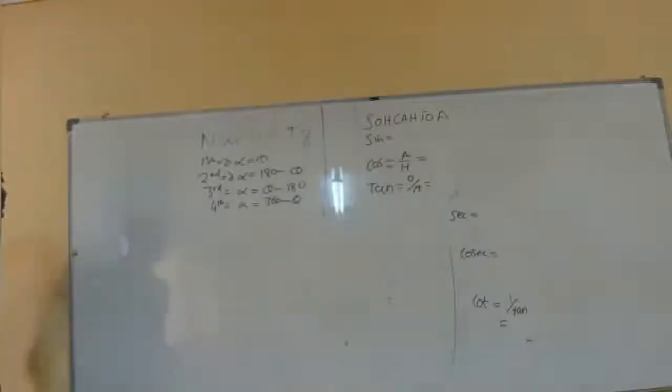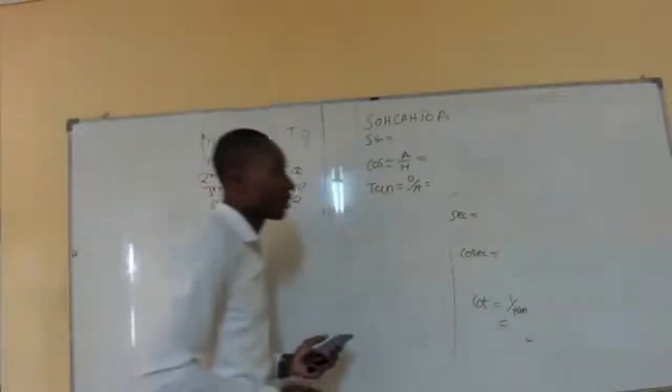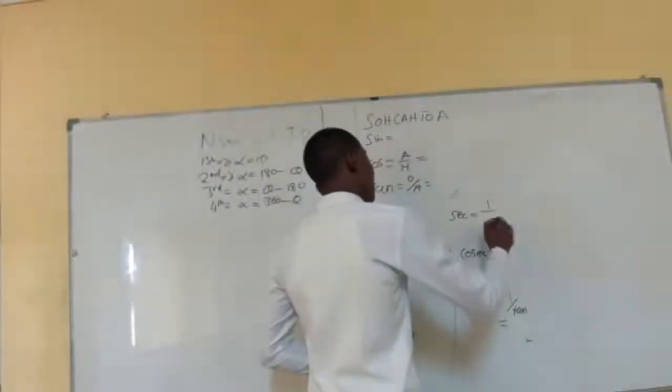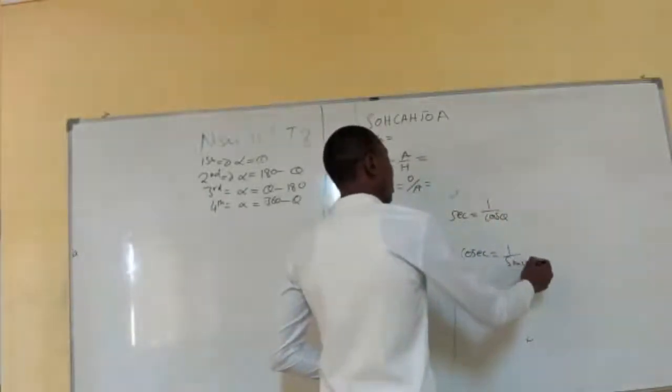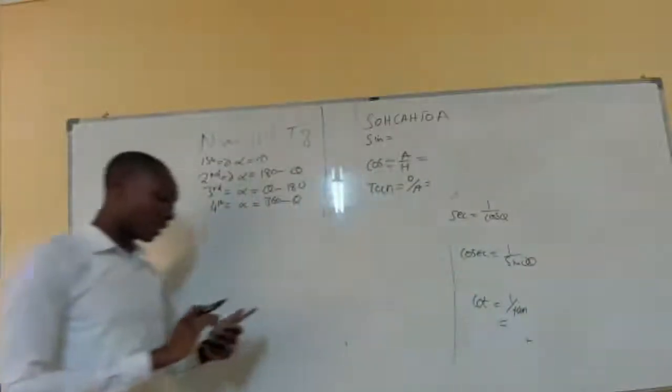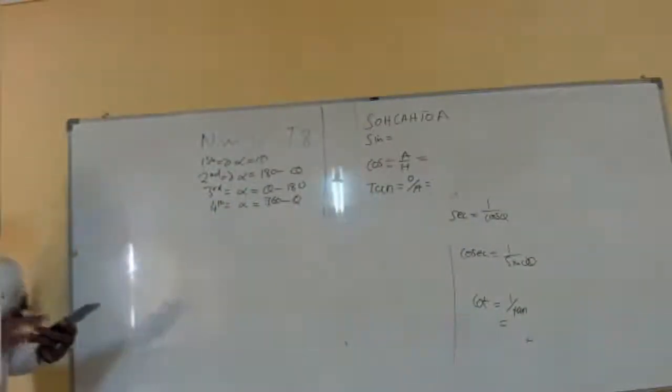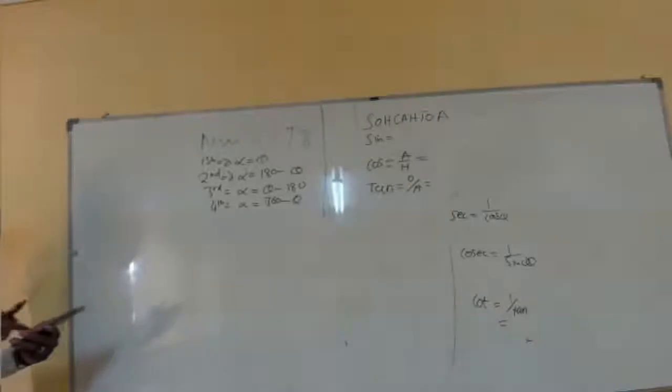I'll only erase the ones that are relevant. So we say sec is 1 over cos theta and cosec is 1 over sin theta, so that I can easily make reference to those. The next question says,